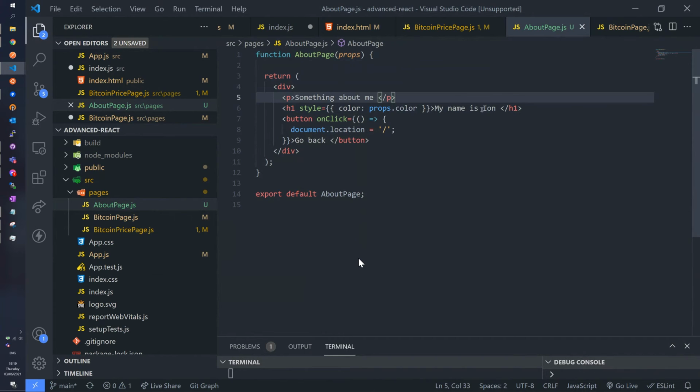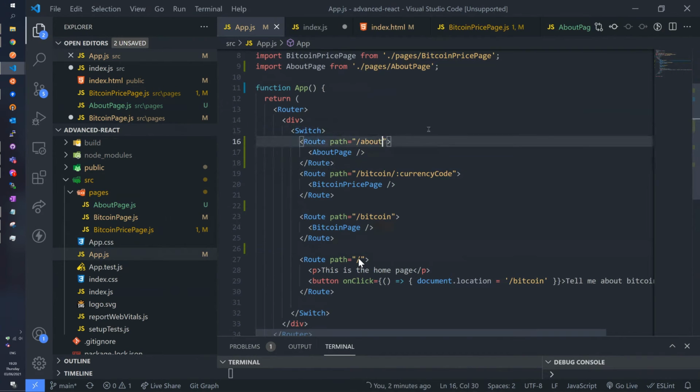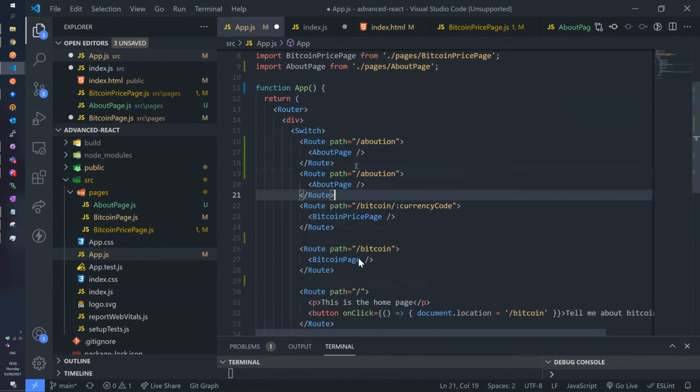And just for fun, I'm going to actually make another about page with props.name. So now this component makes use of two properties. Now, of course, it makes sense that you bring that props inside here, right? It can be any component. App.js normally does not need props, in case the question is specifically about app.js. But now what I can do, for example, I want about Ion. I'm going to make another about page about Toro.